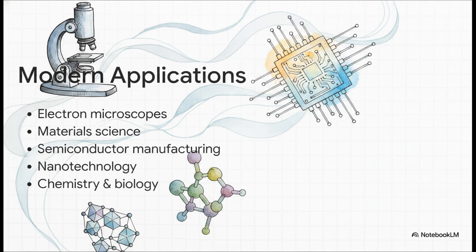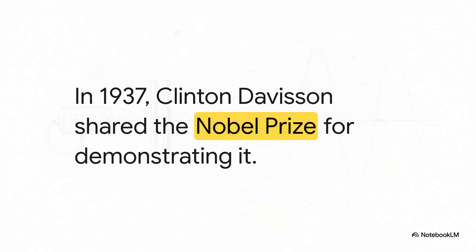It's also actively used in materials science to determine crystal structures, in semiconductor manufacturing to build microchips, in nanotechnology, and in studying atomic arrangements in chemistry and biology. Without the discovery of electron diffraction, the computer or phone you're using right now simply would not exist. And the immense importance of this discovery was quickly recognized by the global scientific community. Just 10 years after the experiment, in 1937, Clinton Davisson shared the prestigious Nobel Prize in Physics for successfully demonstrating electron diffraction. His experiment took quantum theory from an elegant, mathematical idea and transformed it into a hard, experimentally verified